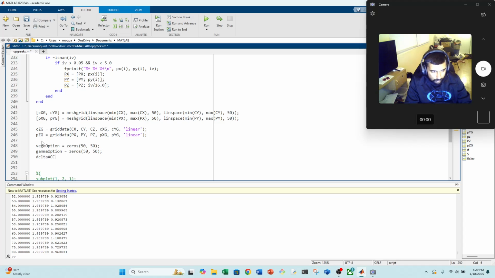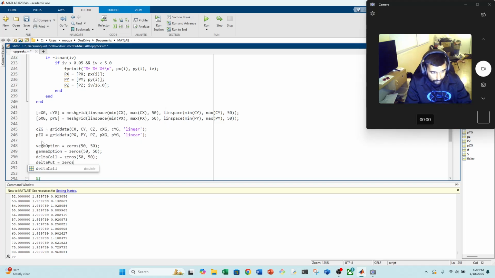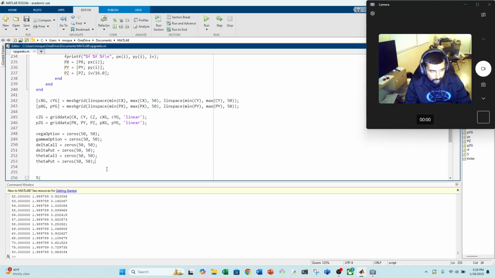We need delta call equals zeros of 50 by 50, and delta put again zeros 50 by 50, and then theta call equals zeros 50 50, and theta put equals zeros 50 50. Okay, so what I want to do now is